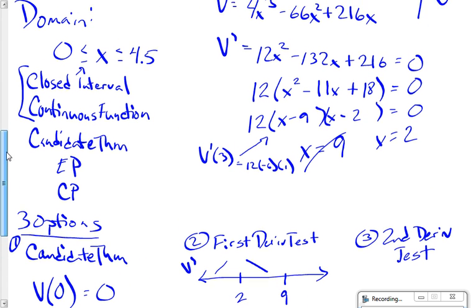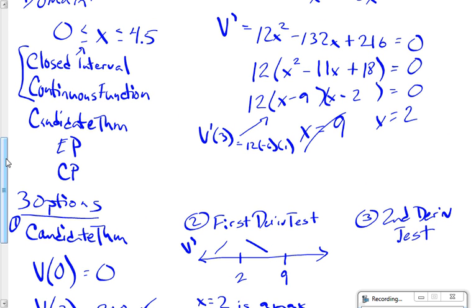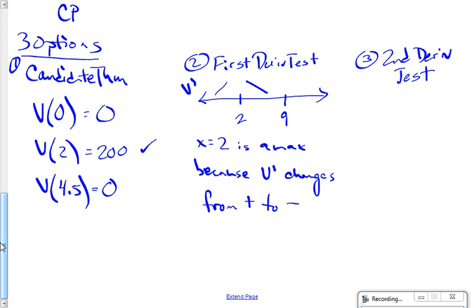Easy, because it's polynomial. Second derivative is 48x minus 132, isn't it? Second derivative. We just differentiate those two. I guess we could differentiate the 216 too. But 48x minus 132 is v double prime. What point do we care about the second derivative at? x equals 2. So v double prime of 2,